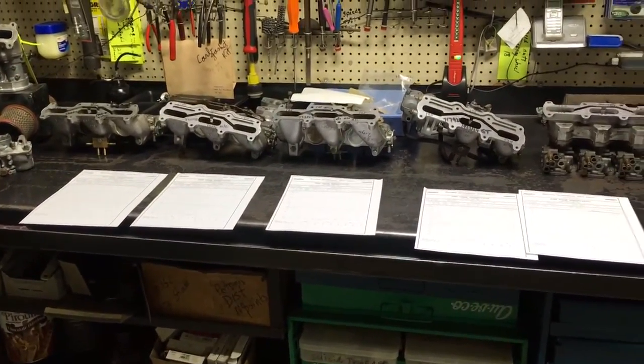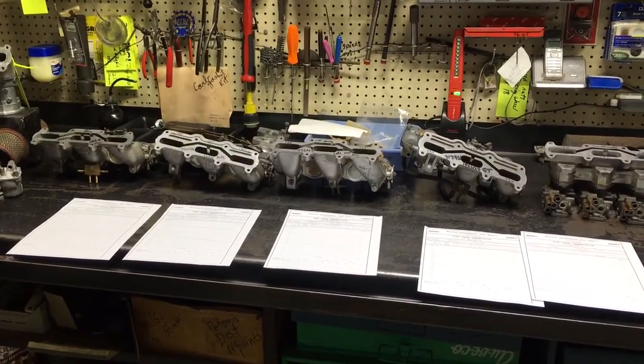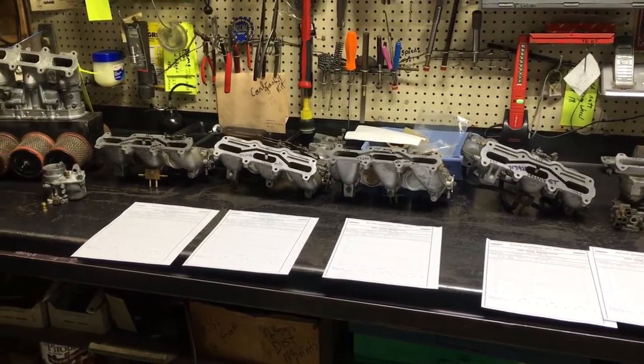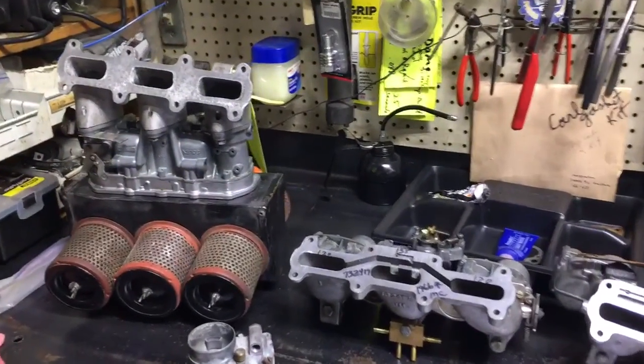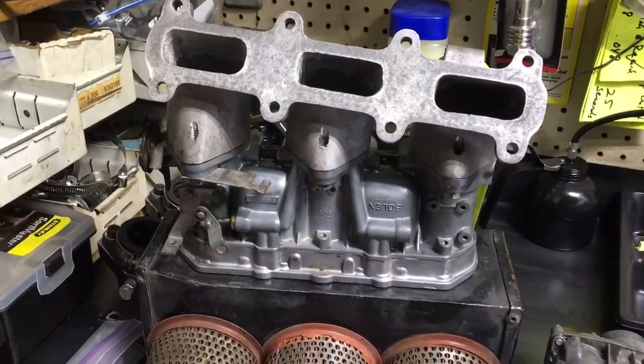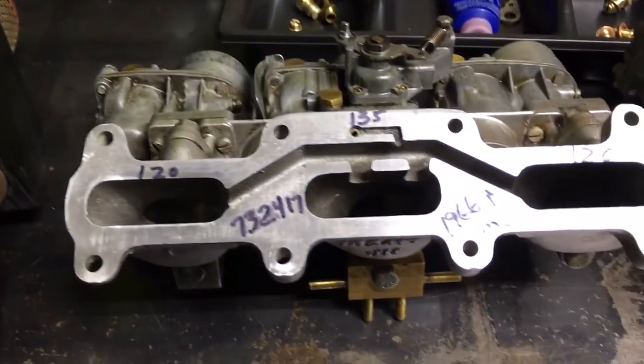Tom Donney here. Want to look at performance of triple Saab carburetors. I tested all the carburetors that I know of anyway. We've got the Lancia carburetors, which are a dual carburetor, a dual Solex on a special manifold, downdraft. Then you've got your